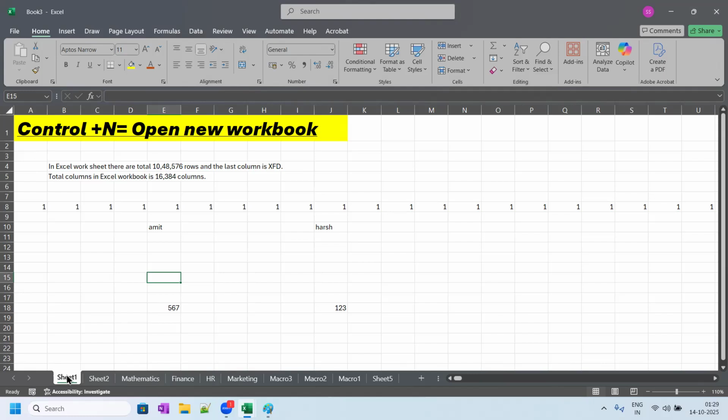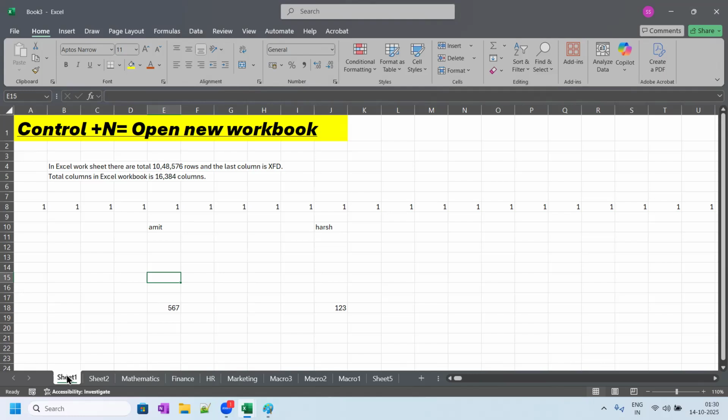Before we conclude this class, remember the user interface I was talking about here. The user interface we are talking about in this class is that in Excel we have this workbook. Under the workbook, we can work on different worksheets. Every sheet is made of rows and columns. Rows are represented by numbers horizontally, and columns are represented by alphabets vertically. In total you have 16,384 columns, and the last column is XFD. When we talk about rows, we have